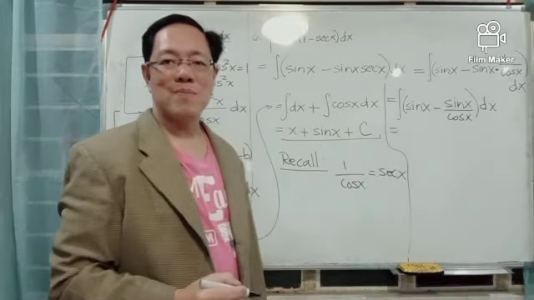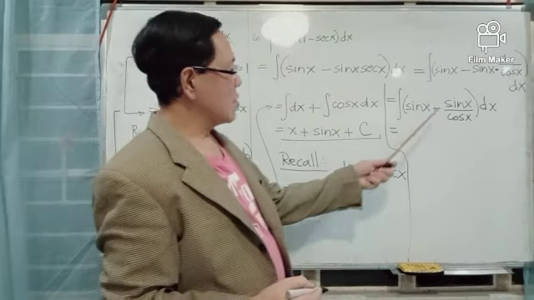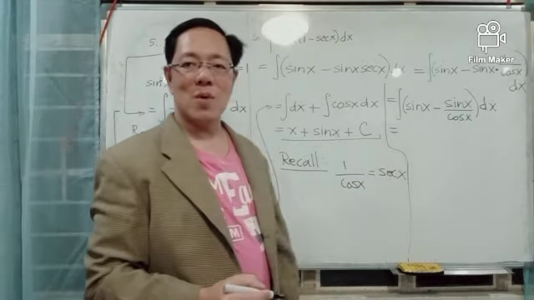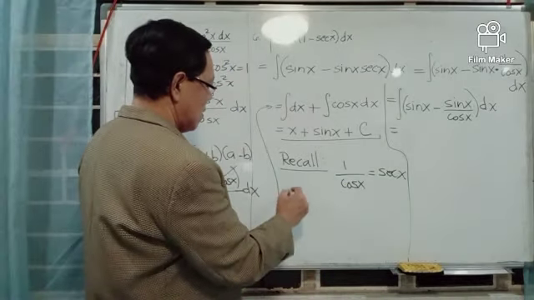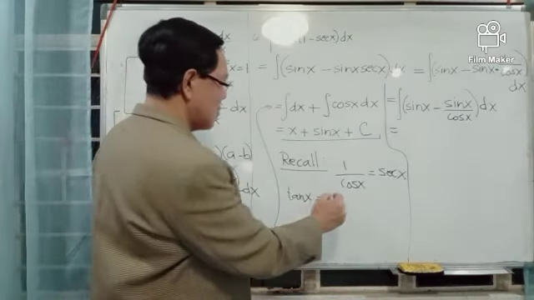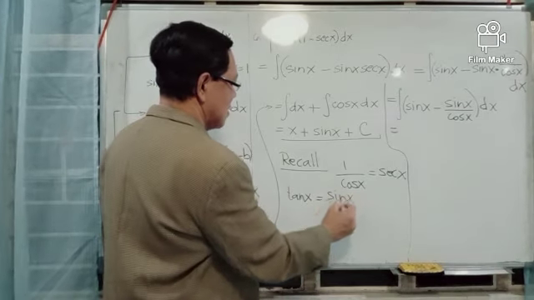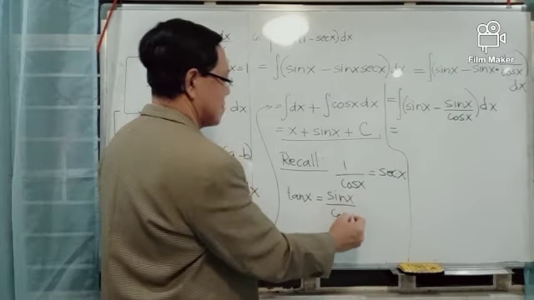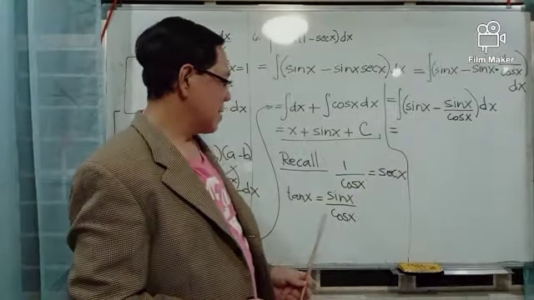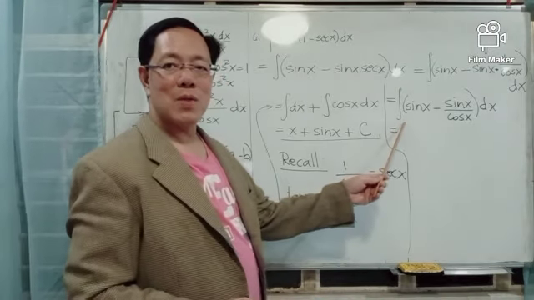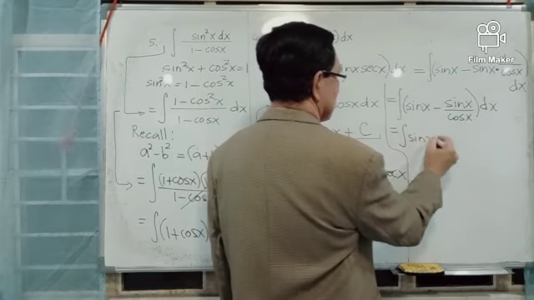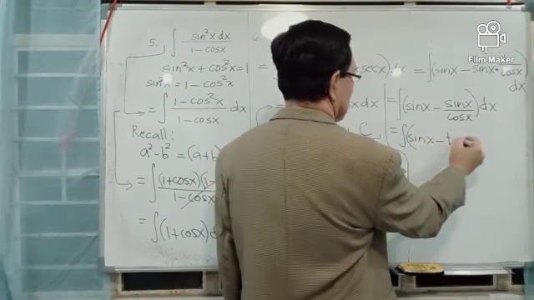But again, from plane trigonometry, this is one of the ratio identities. The ratio of sine x to cosine x is equal to tangent x, or tangent x by ratio identity is equal to the ratio of sine x to cosine x. Thus, we replace sine x over cosine x with tangent x. This is now equal to the integral of sine x minus tangent x